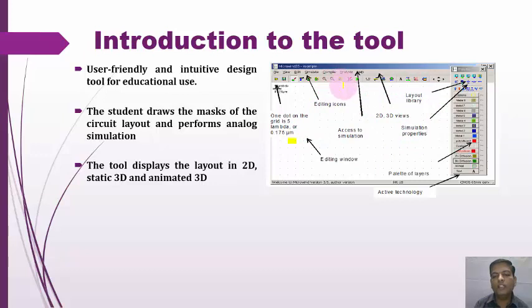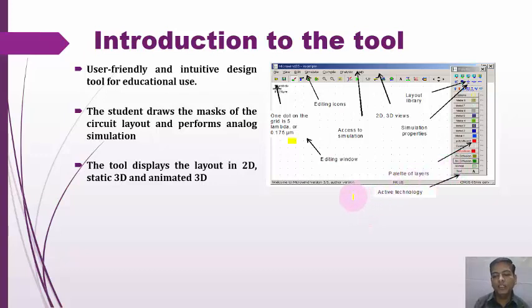We click on the all button, then here access to the simulation tool, here the scaling rule, here the 2D and 3D view, here the design rule check button, here the layout library, some simulation properties, here characteristics, here we have to move these windows, then here the palette of layers, and here the active technology, diffusion N plus, P plus.